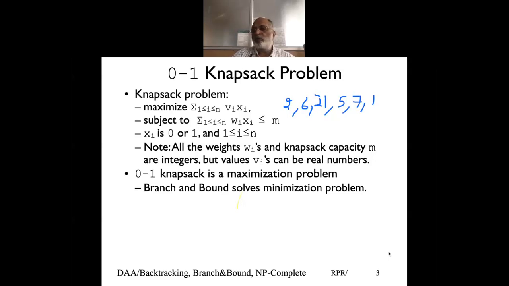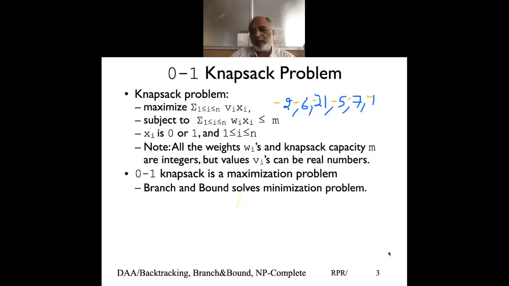But you want to convert it into a minimization problem. How do you convert into a minimization problem, and then we can achieve the maximization? Consider the negative values. Absolutely, Yasmin. If you take everything as negative value, say -2, -6, -21, -5, -7, -10,